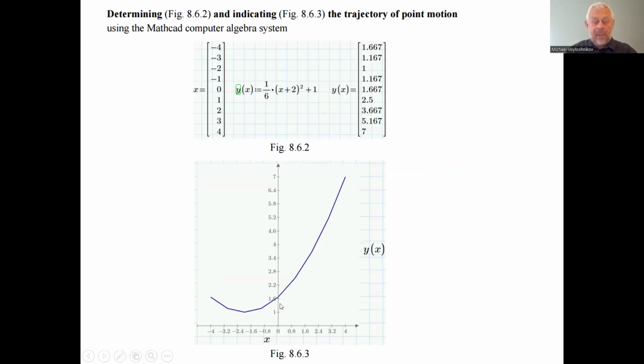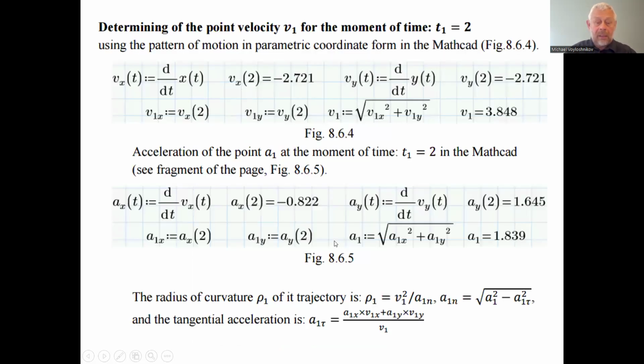And we have that the dependence is of parabolic shape. Yes, this is understandable. Next, what we can say about the velocities. The velocities first in the Mathcad, we just have to remember that the velocity is the derivative of the